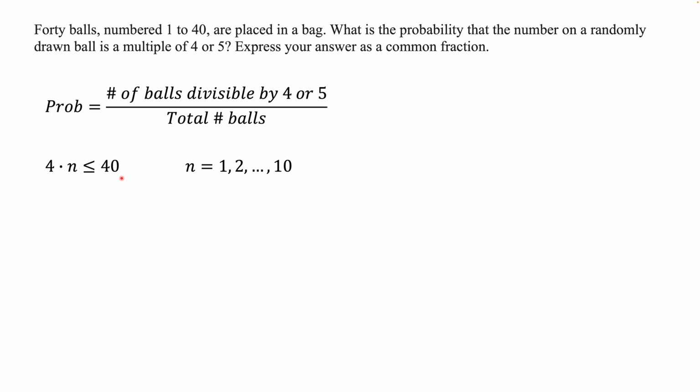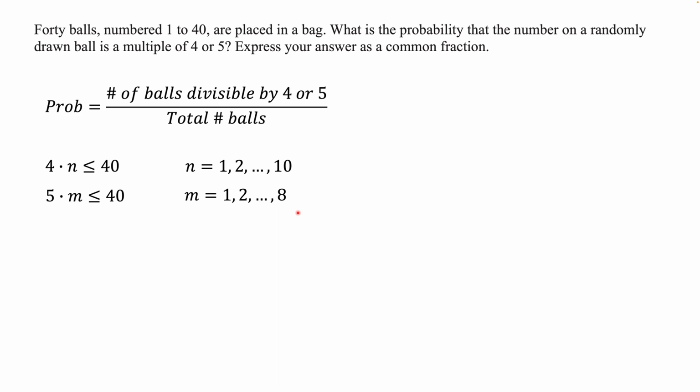All right, now let's look at the numbers divisible by 5. Same story. A number that is divisible by 5 could be represented as 5 times m, where m is an integer. Again, 5 times m has to be between 1 and 40, which means that m is between 1 and 8. So there are 8 numbers divisible by 5. So now, we could say, just take those 10 that are divisible by 4 and then add these 8 divisible by 5 and we're done. Well,